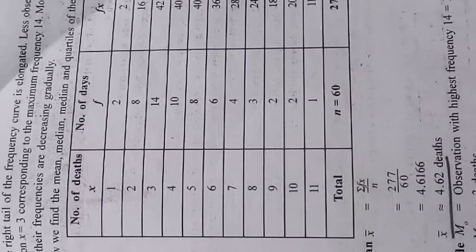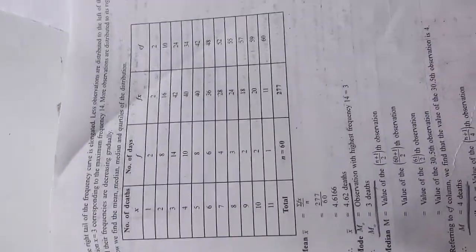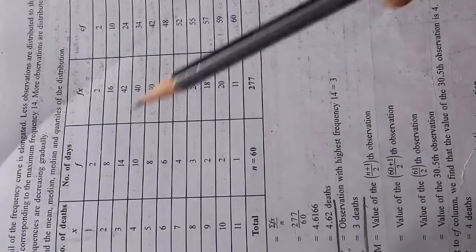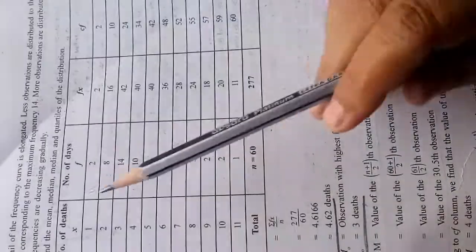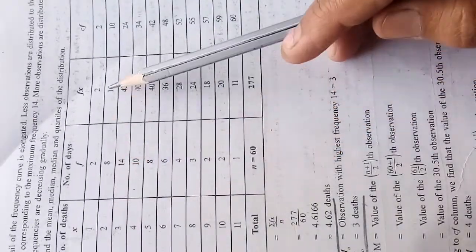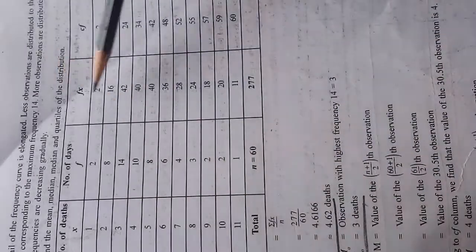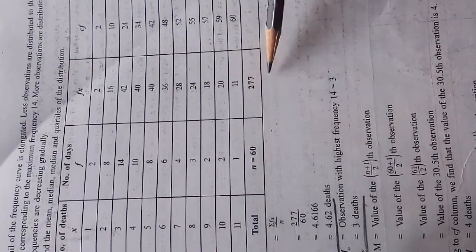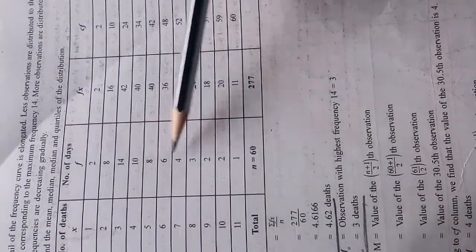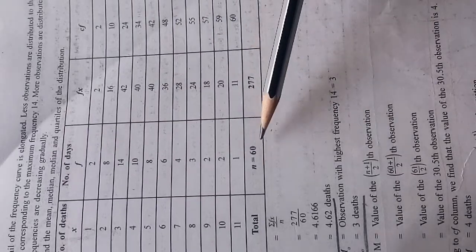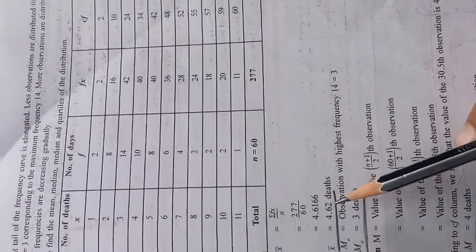So here you can see the first column is multiplication, that is fi xi. 1 into 2, 2; 2 8s are 16; 3 14s are 42 and so on. So total is 277 and total number of frequencies is 60. So 277 divided by 60, so mean is